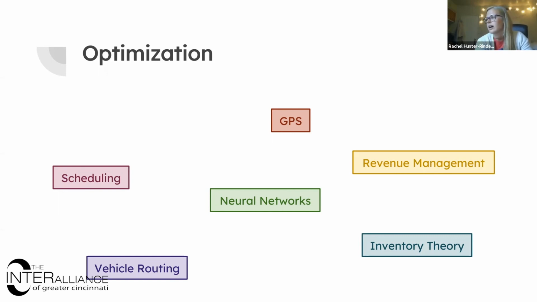How can we optimize? My objective function is looking to be, how do we minimize service loss? So how do I minimize the number of cases of product that a customer wants that I don't get to send? That would be a service loss. How do I minimize that, taking all the rest of those things into account? So inventory theory, you could take classes on classes on classes of how much product should you hold, how much product should you make, how often should you make product, where should you store your product, all that kind of stuff is all optimization. Does anybody have any questions about any of those?